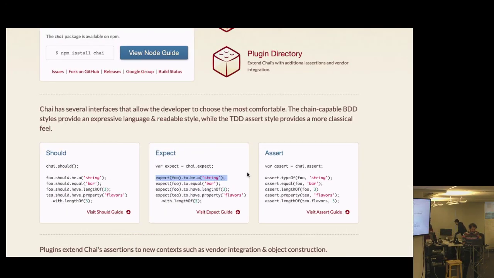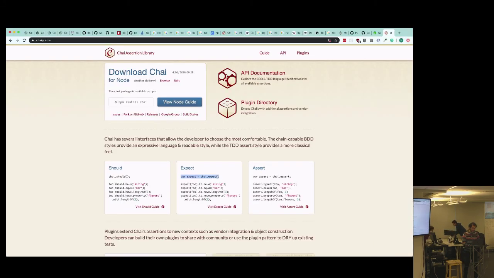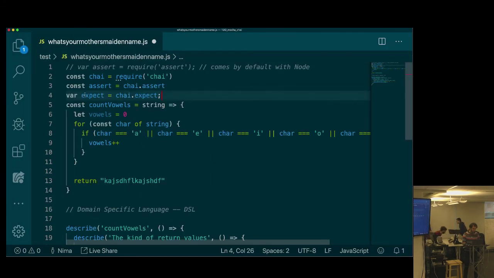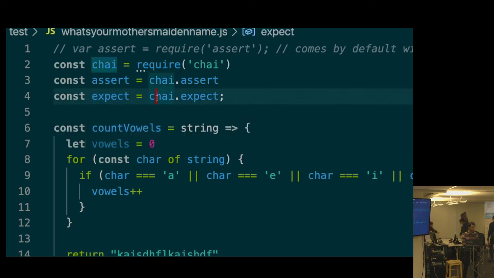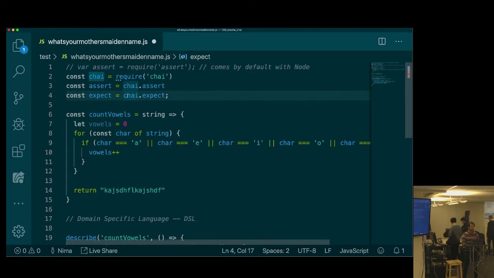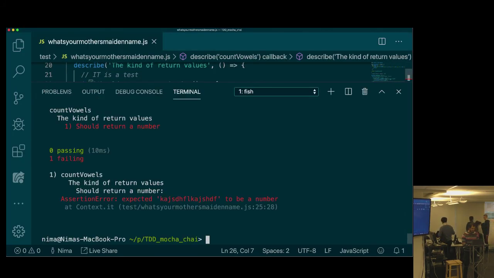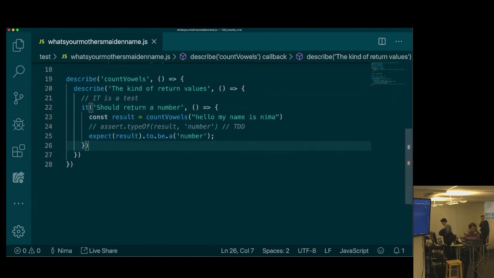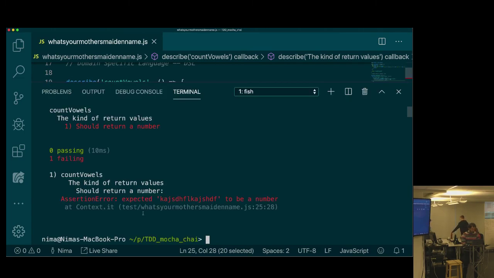I just have to make sure that instead of bringing in assert from chai, I go var chai equals, or const expect equals chai expect. That's it. And now I'm technically following behavior-driven development. Right? Expect result to be a number. Right? And then the errors that it prints out,